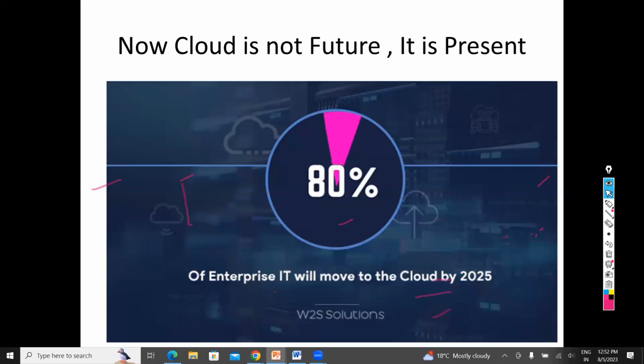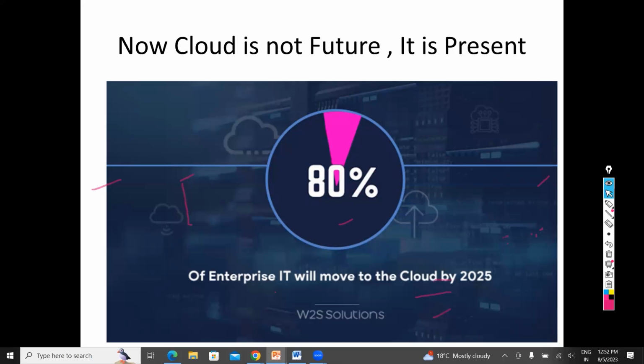Because now cloud is not a future, it is a present. If you work in organizations, you can see that most managements are working to migrate their environment from on-prem to the cloud, right? Even the banking industries, financial industries, or research organizations have already started migrating their services and infrastructures to the cloud, and most organizations have already completed 60 to 70% of their infrastructure migration to the